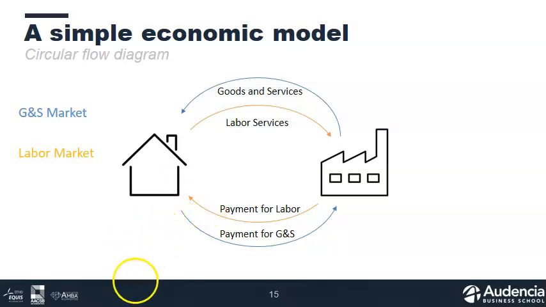There's no international trade. There's no government. There are no other actors in this simple flow. There are no financial markets. But this simplification allows us already to understand many, many